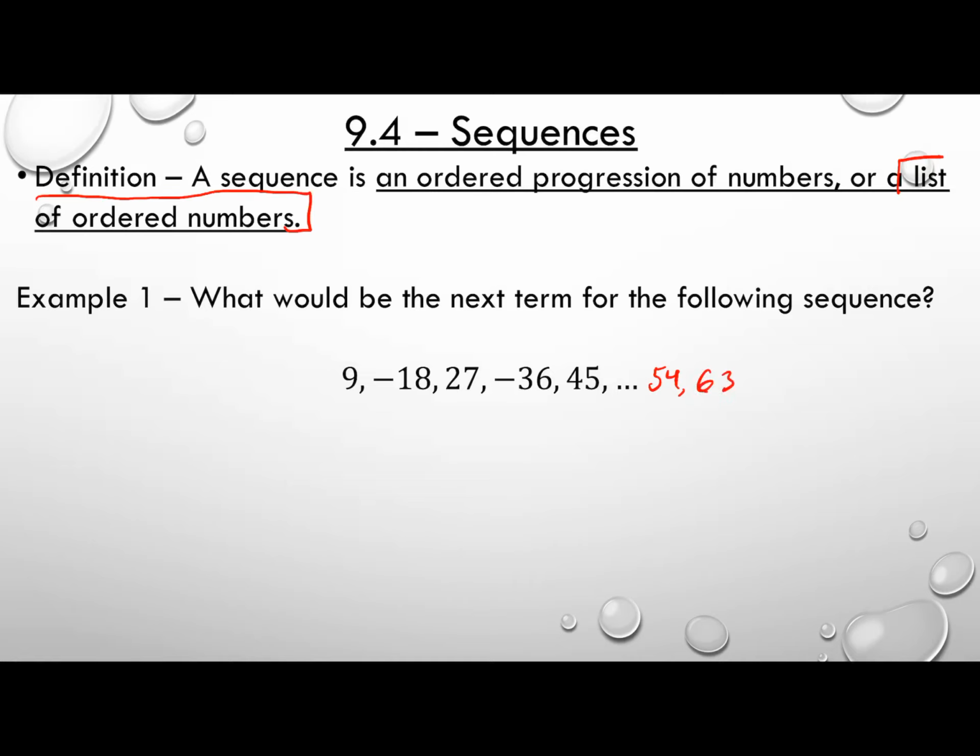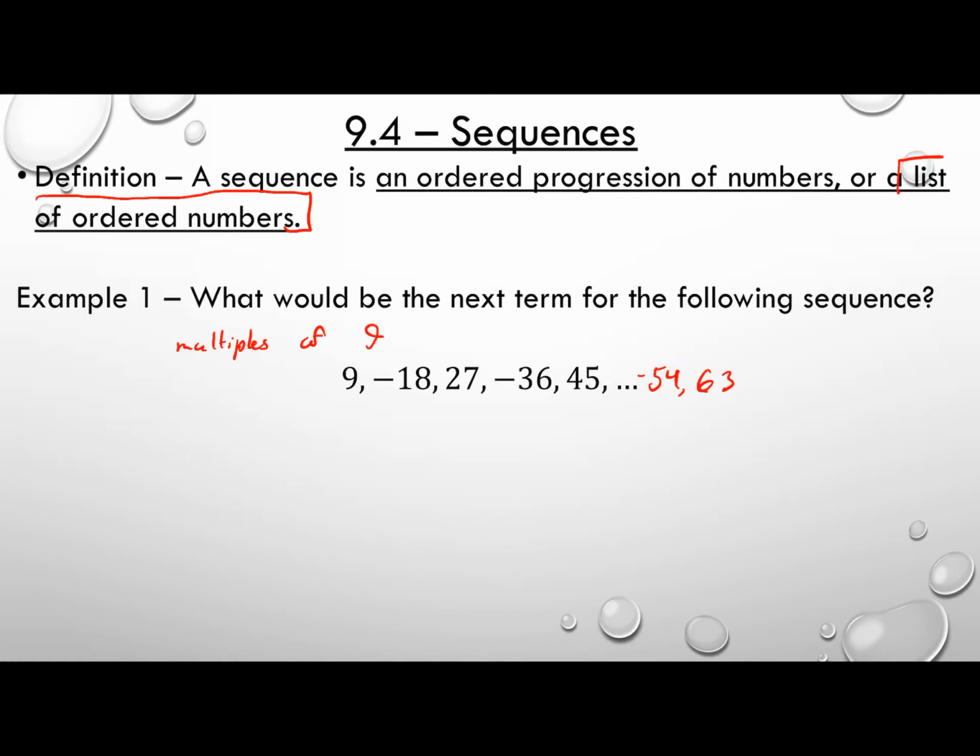Right, and then 63, and then so on and so forth, right? But it looks like every other number is negative. So we have 9, negative 18, 27, negative 36, 45, negative 54, okay? And then positive 63, and so on and so forth. So if we were to just think about, all right, so these are just multiples of 9. These are just plain and simple multiples